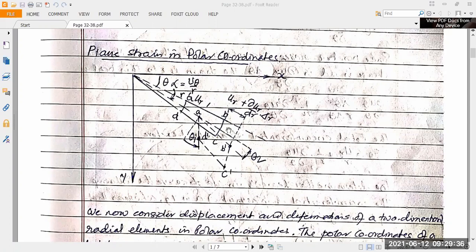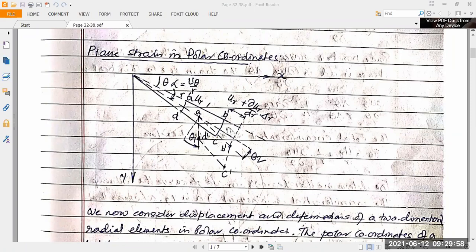So the strain due to radial movement alone is r plus ur into delta theta minus r delta theta,